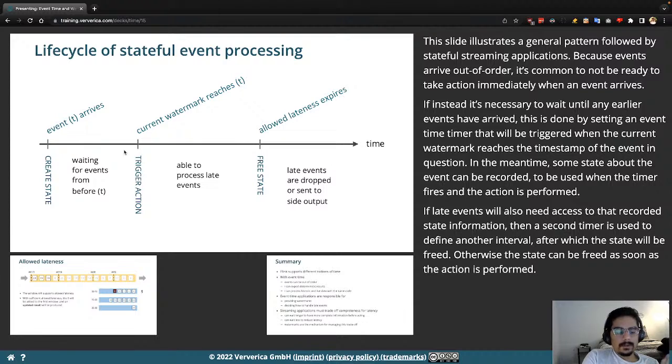Okay, so we are going to look at the life cycle of an event. What happens,